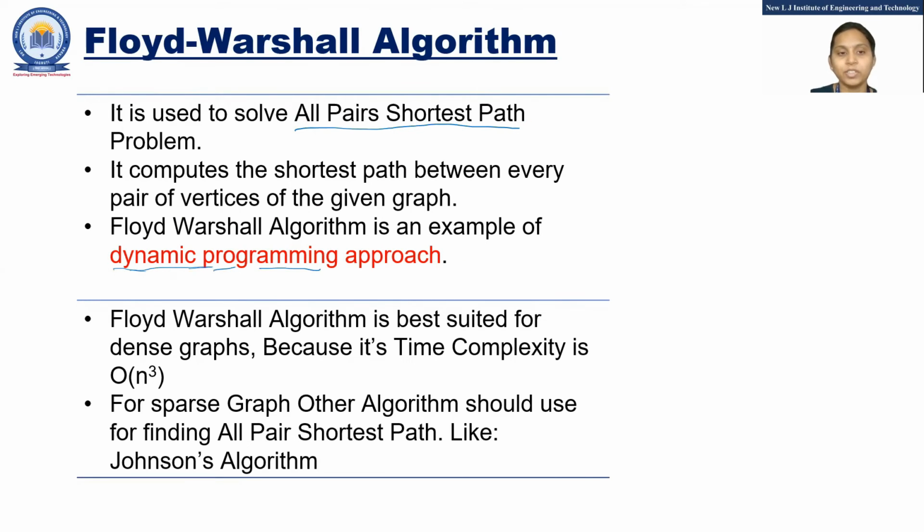Here the time complexity is big O of n cubed because we have to go with 3 loops, so complexity is n cubed, and it is better when the density is more. Okay. And there is one more algorithm that is useful with the sparse graph. You understand what is a dense graph and what is a sparse graph? Sparse graphs have a smaller number of edges. In a dense graph, we have more edges. So in a sparse graph, Johnson's algorithm is useful.